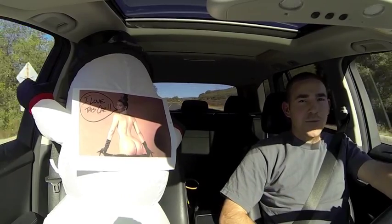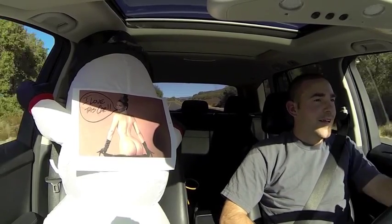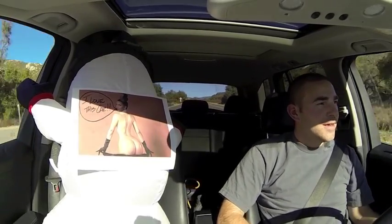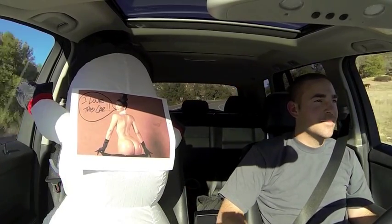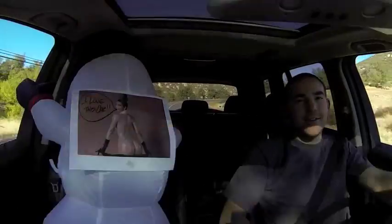Alright, to draw to a conclusion, this car's pretty fun. You can have fun with it. If you were a guy who had a family and bought this car, you could have some fun. You know, Kanye, you could probably have fun with